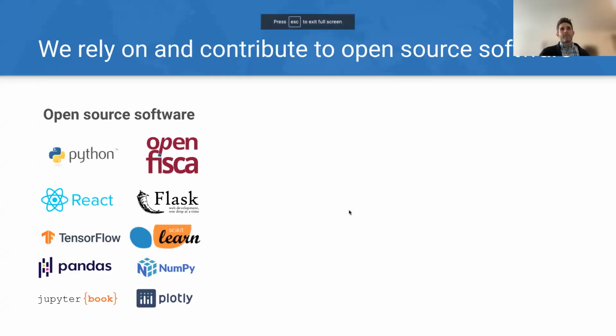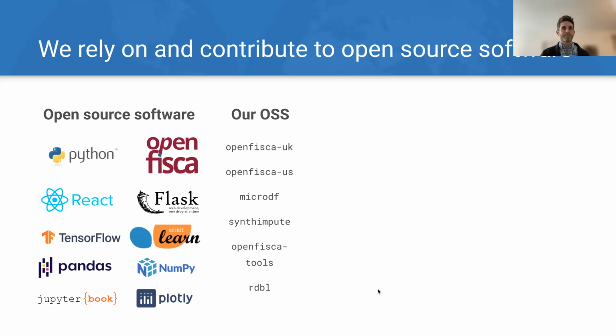Just wanted to close by talking about some of the other projects we use that are valuable as we develop our software. So certainly, we use open source everything. Python, React, TensorFlow is what we use for doing all the gradient descent and machine learning based reweighting. OpenFisca has been enormously valuable. Jupyter Book. So all of the work that we're doing is really built on the shoulders of giants, as they say.